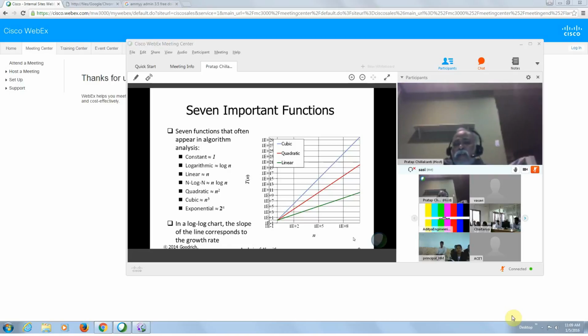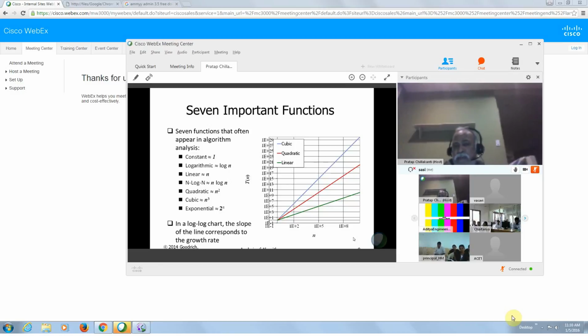Every location in random access memory is constant time. Then you have certain functions of the log n type. We'll see some examples of these things. Linear is n, then n log n, and then you have quadratic functions, cubic and exponential. Obviously, going from top to bottom, the top one is the most efficient, the bottom one is